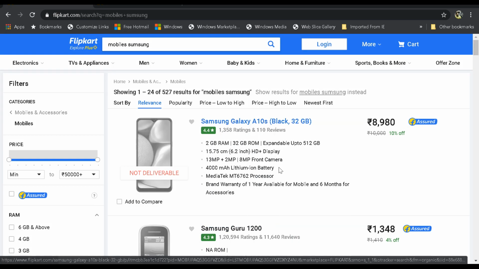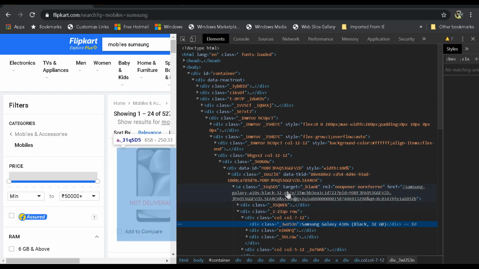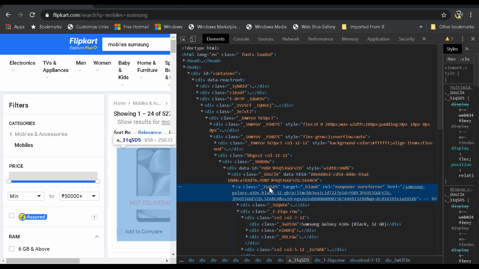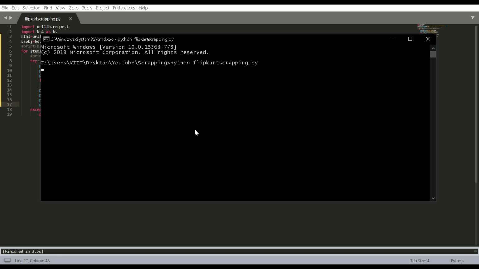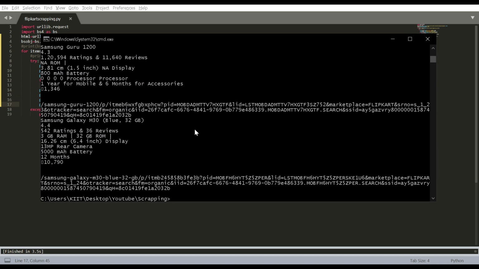So should work. Then let's inspect that. As you can see here, this is our A tag and the class is something that I don't need to spell. So this should work completely fine. Let's print that. Okay, so it's working completely fine.